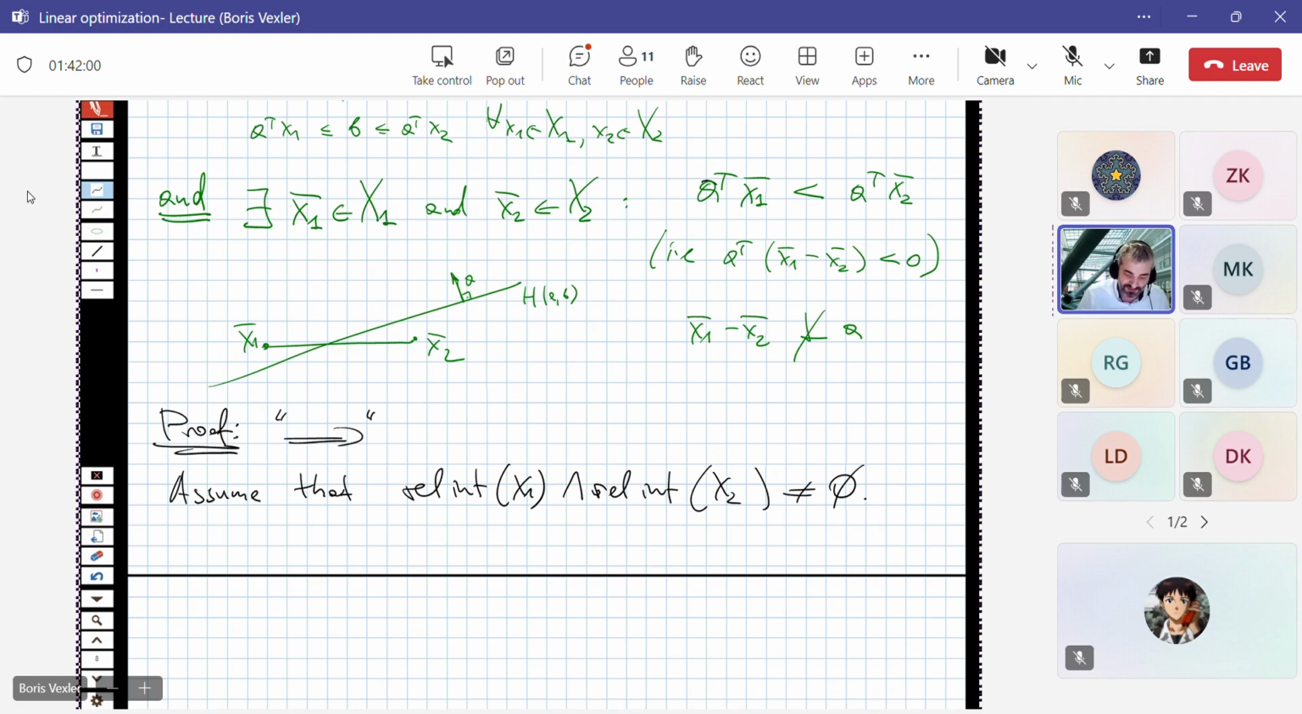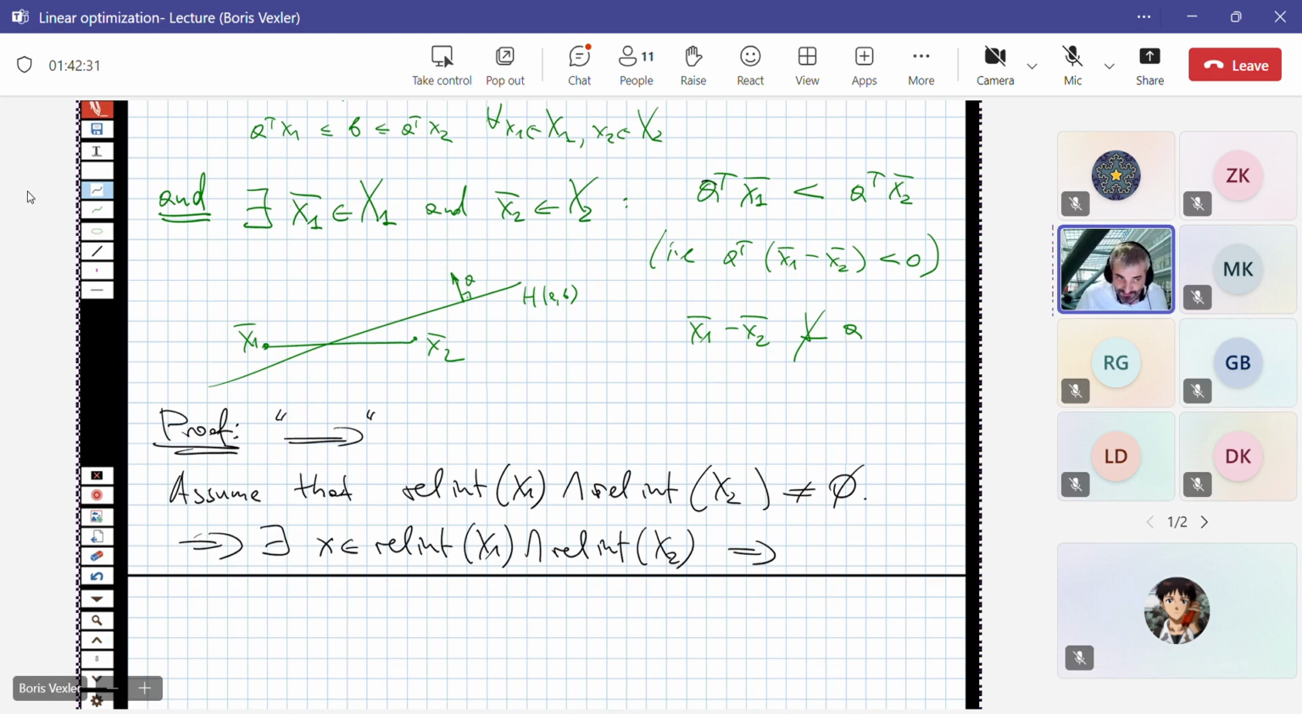What does it mean that the relative interior of x1 intersected with the relative interior of x2 is not empty? Okay, this means just that there is some point x in the intersection, in the relative interior of x1 intersected with the relative interior of x2. And what does it mean? It means that